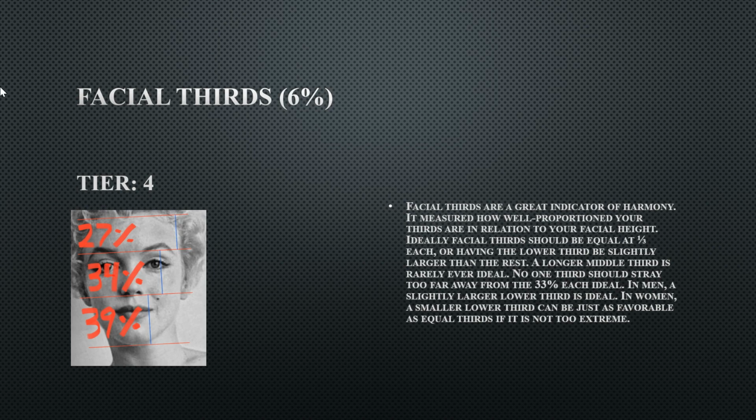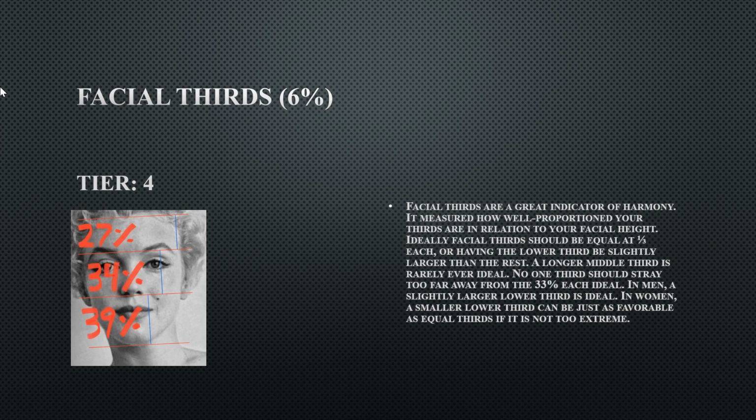The next one is the facial thirds. I gave that a tier 4. Now the upper third is at 27%, which is 6 degrees away. And also the lower third is 6% away from 33%. So this is going to be a tier 4, which is going to be considered a slight flaw. So this isn't anything too bad, but the main reason why this is also going to be detrimental for her